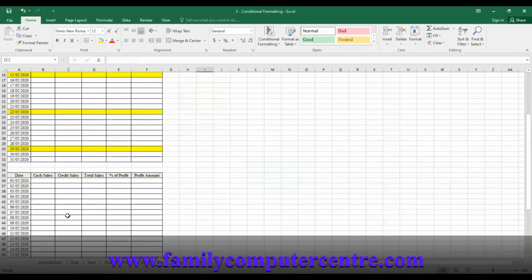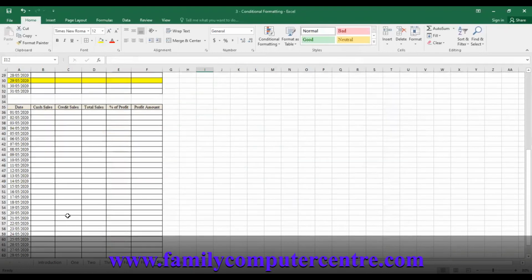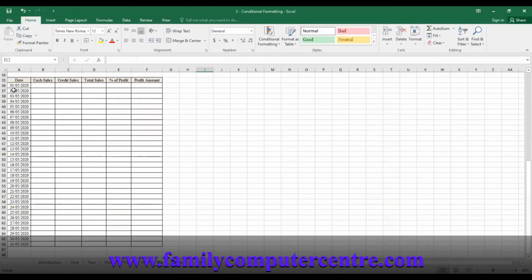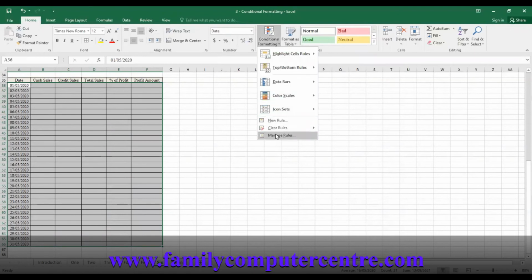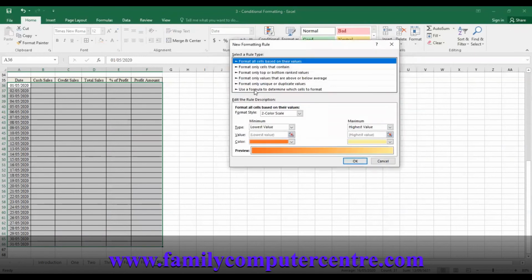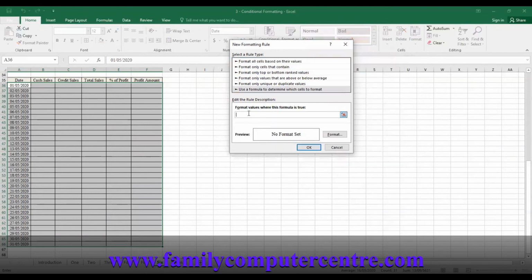For this, we will use a different formula. The selection this time is from A36 to F66, my one month data that I highlighted. Conditional formatting, manage rules, new rule, use a formula to determine which cells to format. This time, I need a color if it is a Friday, or if it is a Saturday. So I start with equal to OR, bracket open,